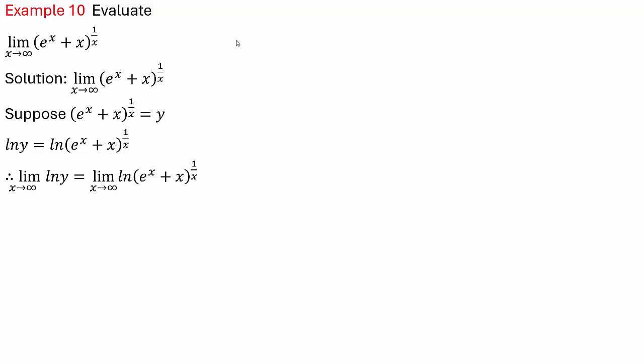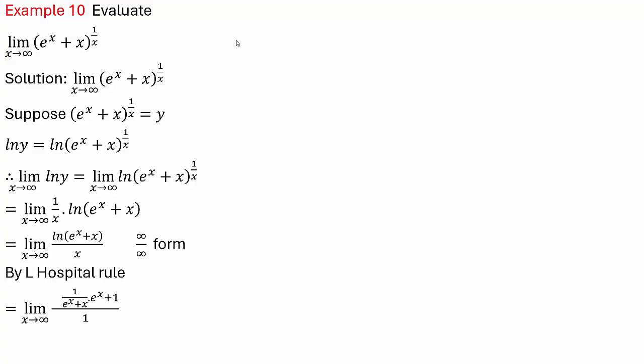to limit x tends to infinity of log of e raised to x plus x, raised to 1 by x, which can be written as limit x tends to infinity of 1 by x log of e raised to x plus x. That is nothing but limit x tends to infinity of log of e raised to x plus x divided by x, which is infinity by infinity form. And hence, by applying L'Hospital rule, we can get limit x tends to infinity of derivative of numerator divided by